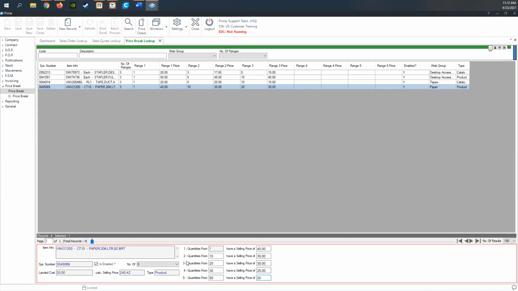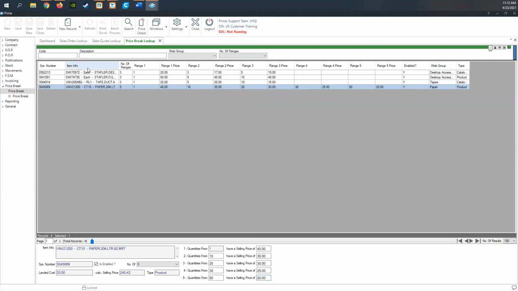And once you have updated those values, you can also check that it is enabled on the web store and they will be able to see those prices immediately. So once we save, it will now have all of those quantities in there. If we want to add a new listing, you can always look for a new code. Like for example, I will look for a